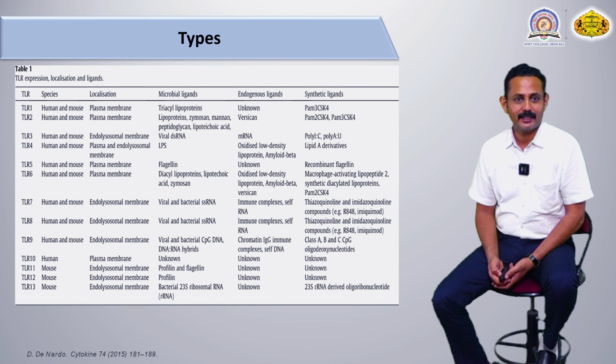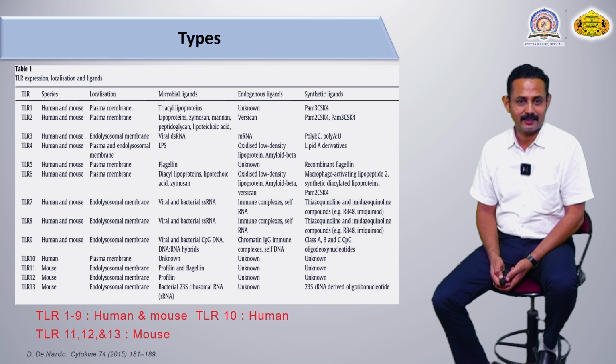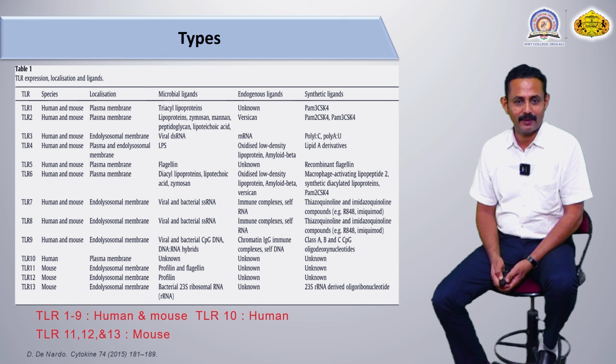They are commonly TLR1, 2, 3, 4, up to TLR13. Among these, TLR1 to 9 are expressed in human as well as mouse cell surface. TLR10 is expressed on the human cell surface, while TLR11, 12 and 13 are expressed on the mouse